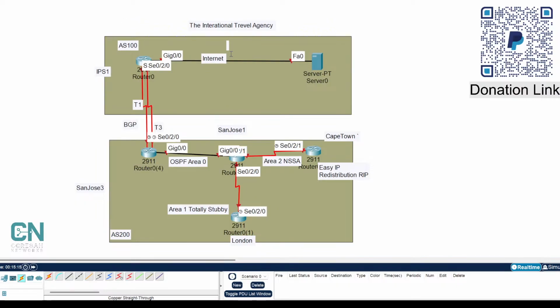Here we have a web server, oh, okay, and this is so interesting